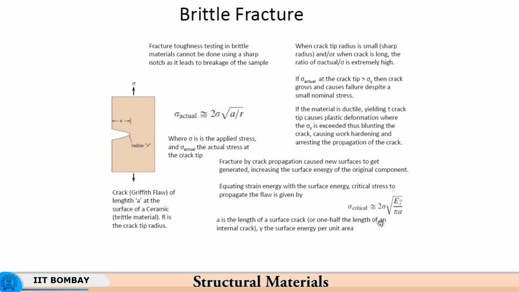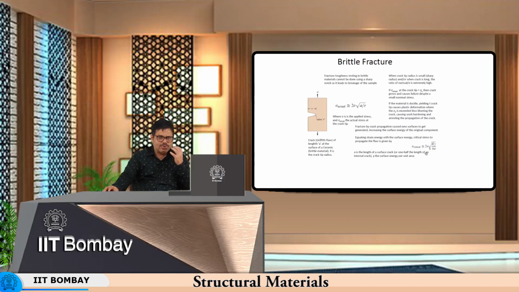If the material is ductile, yielding at a crack tip causes plastic deformation. I have just explained this to you, and so you can therefore calculate a so-called critical stress, so that the strain energy stored by plastic deformation and the surface energy that is available are compared, and when they become equal, then you have the value of sigma critical, beyond which the surface energy